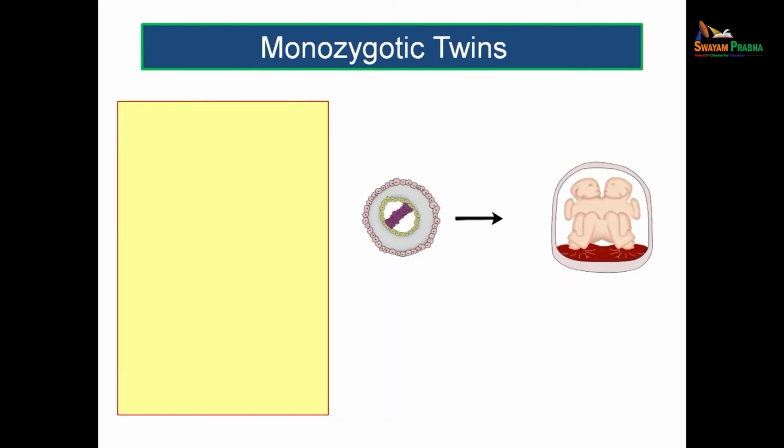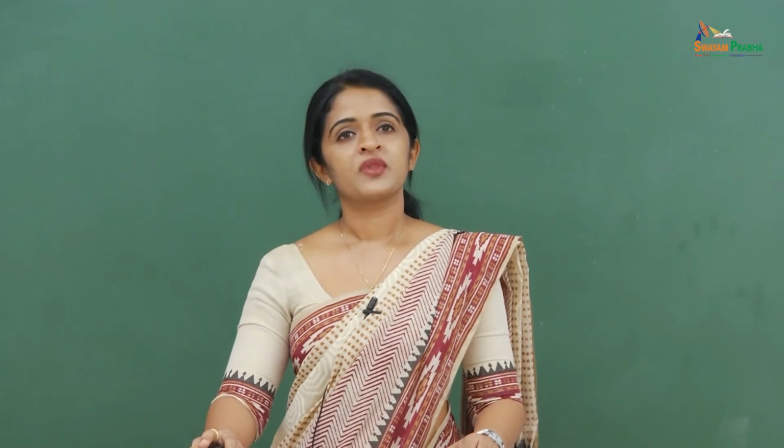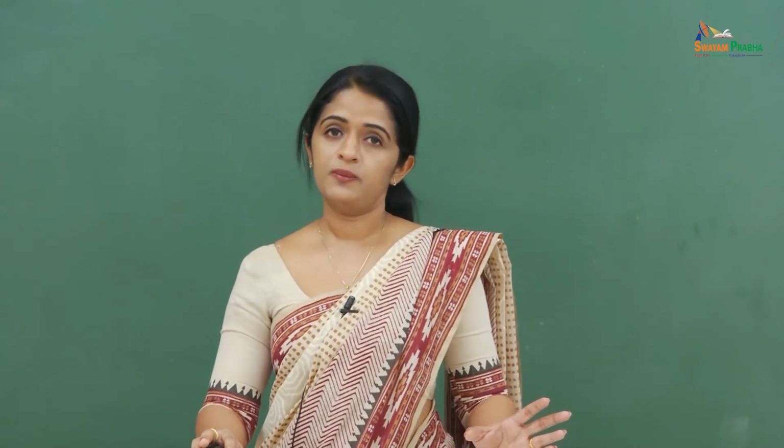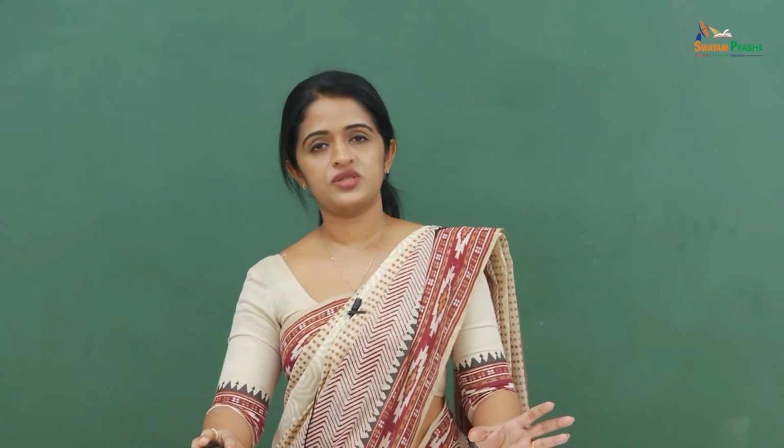Now, we will move on to another set of monozygotic twins. Actually, this can be discussed as the complications which you can expect. So, the complications during the formation of this type of twins are conjoined twins, the formation of conjoined twins and the formation of parasitic twins. Why you get a set of conjoined twins or why you get a set of parasitic twins? First we will discuss what is happening during the formation of conjoined twins, or sometimes this is actually known as double monsters. Though it is painful, it is known as double monsters.